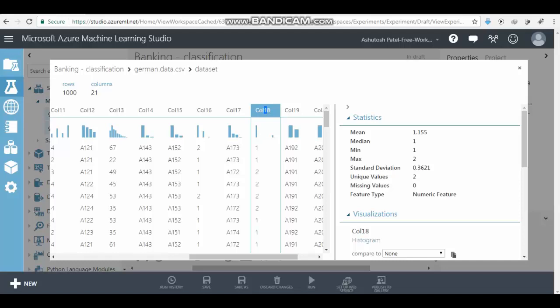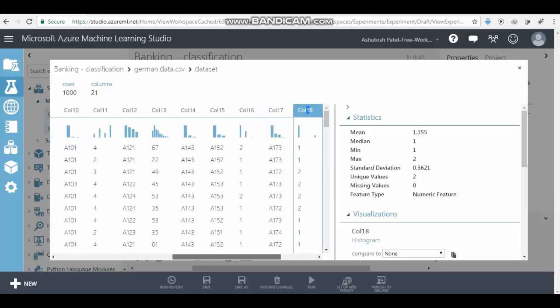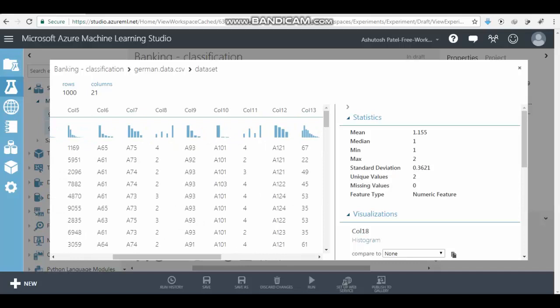And one thing you can see here, feature type is numeric. We need to make it categorical. All these things will be part of our pre-processing of the dataset, and we'll see that part in the next video. So see you in the next video, guys.